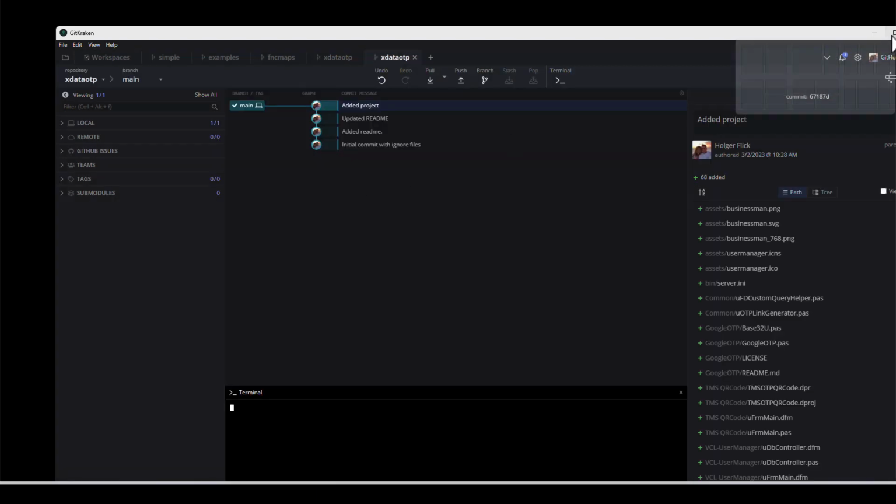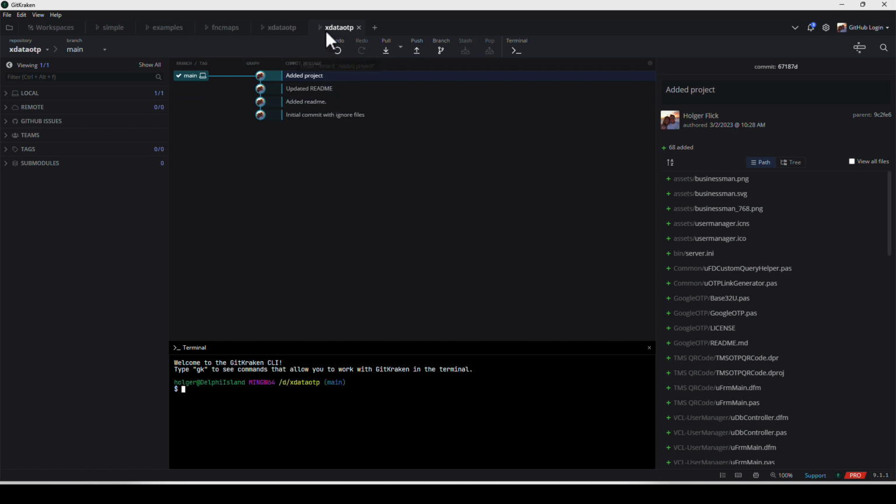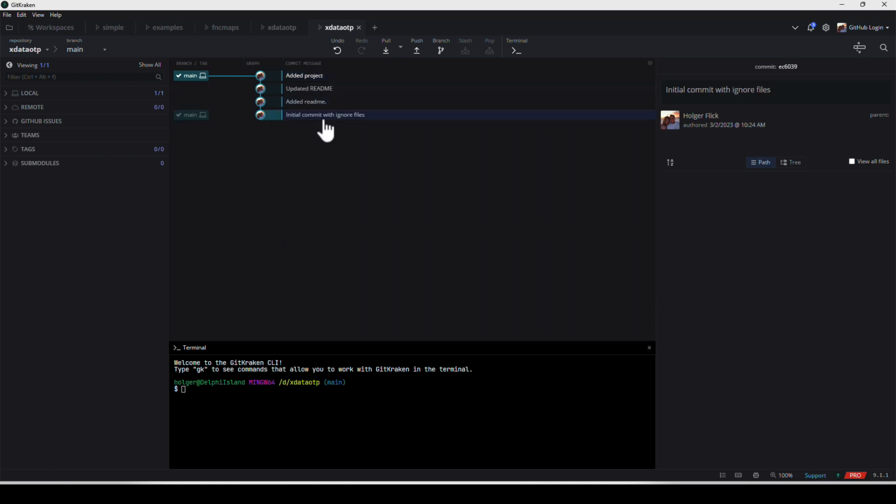So let me switch to full screen. And here is the difference. See, it was already open here in a different tab. You can create workspaces so that the same projects are open at the same time. But right now, just opening this, we get this wonderful view. On the bottom is the earliest commit. And then here you go.